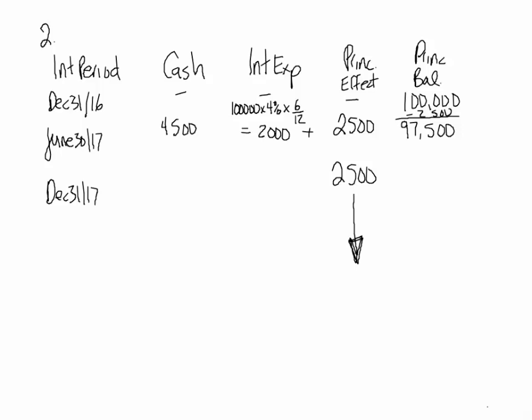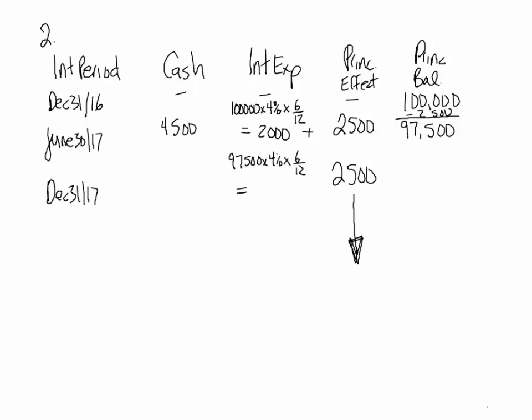The principal effect is never going to change because we've got a fixed principal payment of $2,500. However, the interest expense is now going to change because instead of having $100,000 outstanding, we now only have